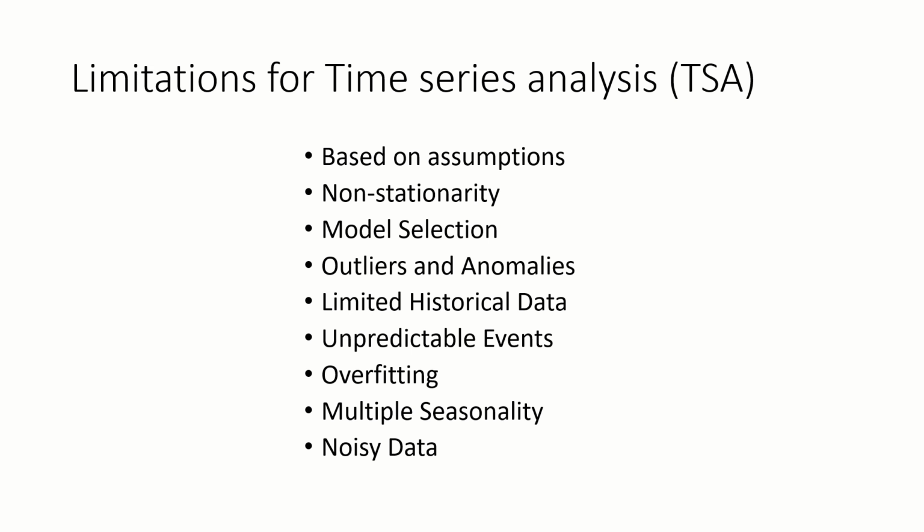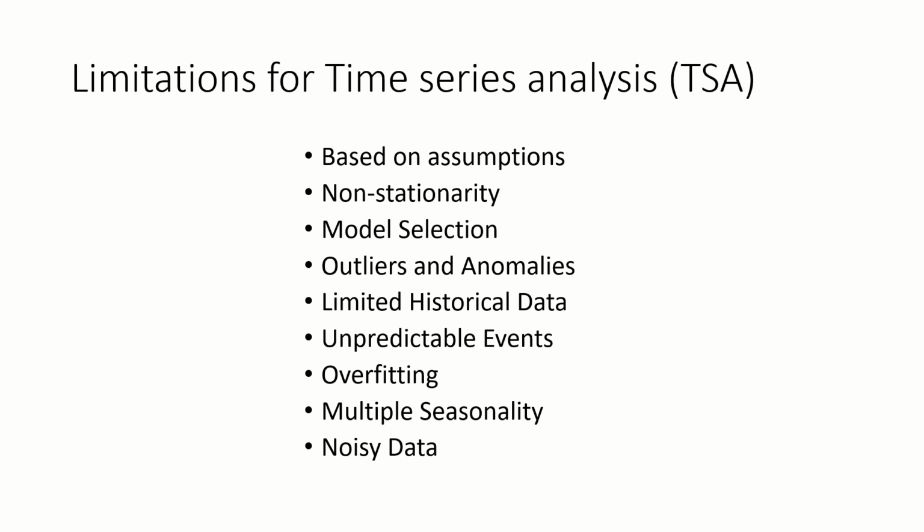Outliers and anomalies. Outliers and anomalies can have a significant impact on time series analysis and forecasting, but detecting and dealing with them can be difficult. Limited historical data. Forecasting accuracy can be affected if there is limited historical data available for analysis. Unpredictable events. Unpredictable events such as natural disasters, economic downturns, or pandemics can have a significant impact on time series,